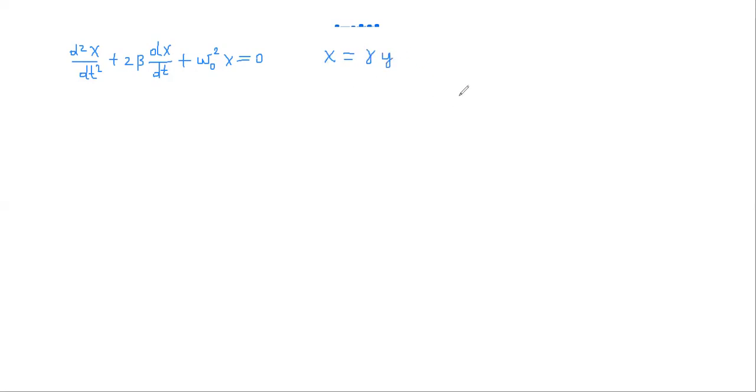So let's use this substitution. To do this, it is necessary to find the first and second derivatives. First derivative, dx by dt is equal to gamma dy by dt